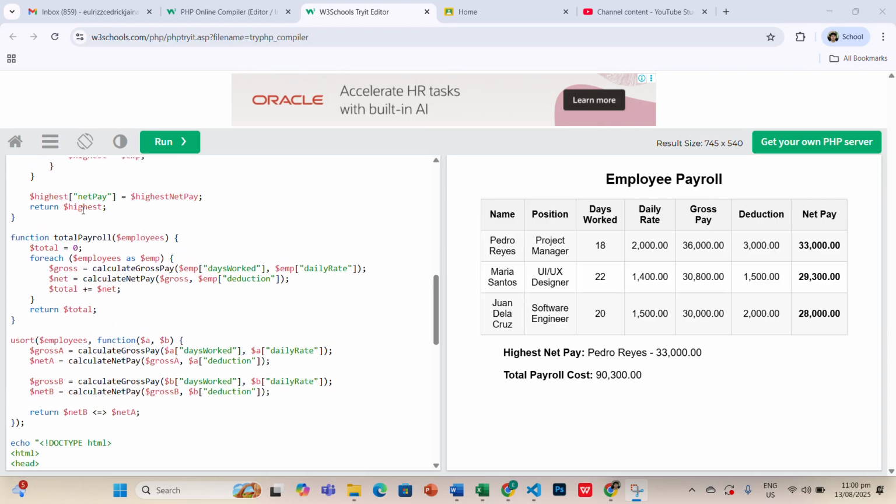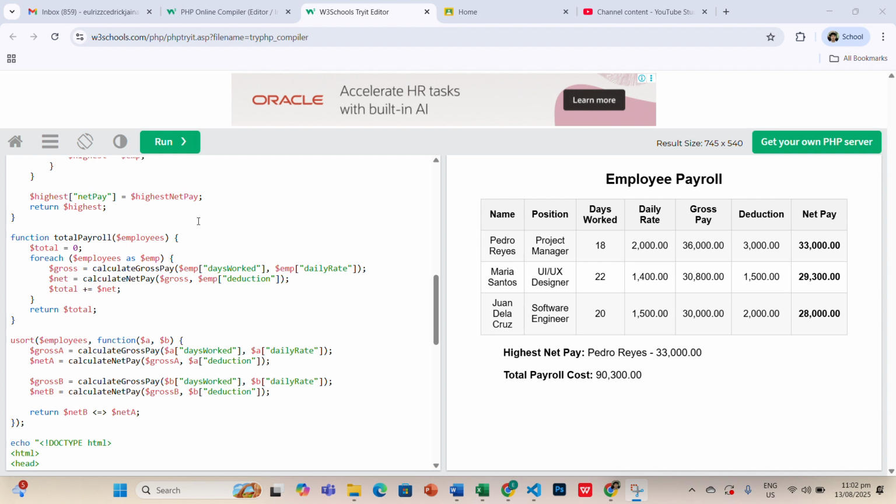Total equals 0, for each employees as emp,